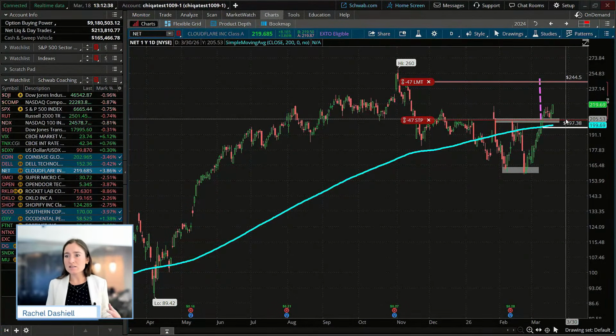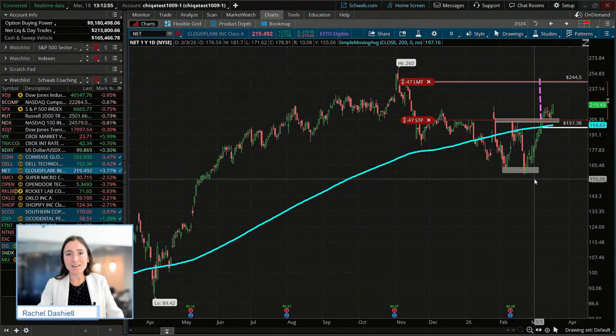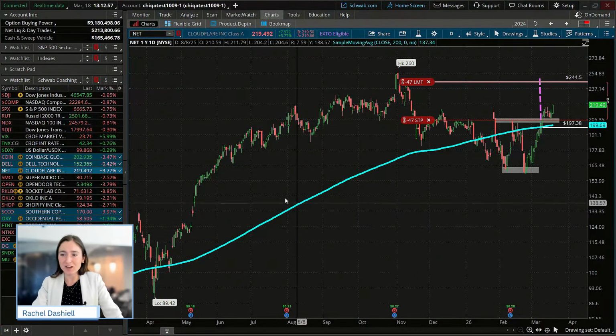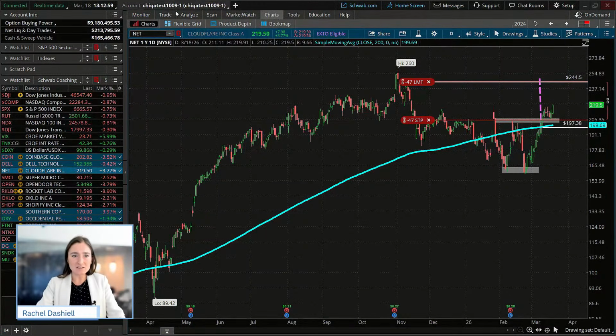Now, I know that may seem quite a bit of a move, but since we are still trading this pattern, let's just stick with some of those measured moves, those rules on really looking for that pattern objective. Now, we know that they're not guarantees, but we can manage this trade and move up our stop as time goes. So we'll still focus on that.